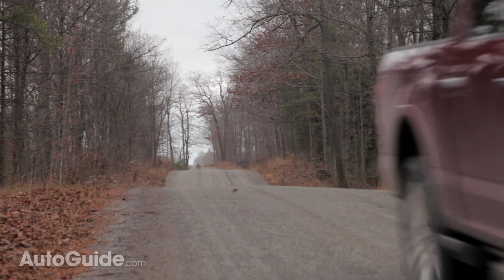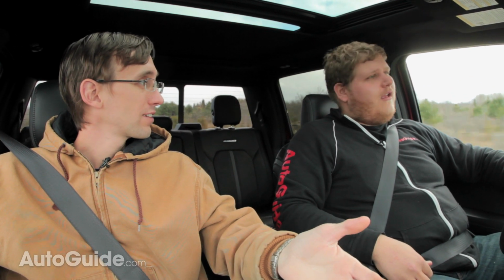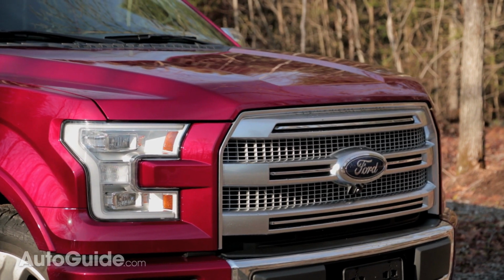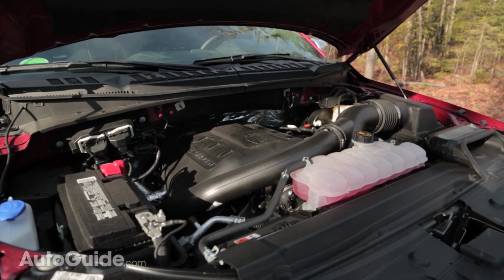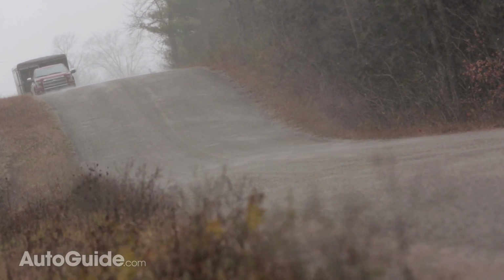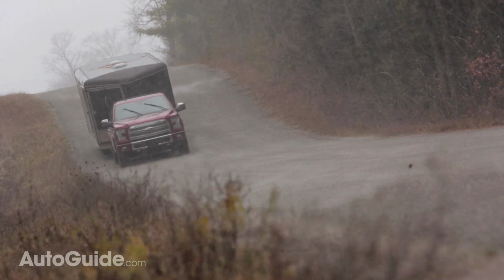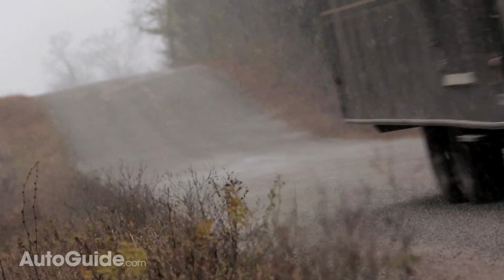Absolutely, and of course, a lot of that is owed to the EcoBoost engine under the hood. We've got that 3.5-liter V6. It hauls ass. It absolutely shames the Power Wagon's 6.4-liter V8. Towing, loaded, unloaded, doesn't matter. This thing hauls. Yeah, and with that weight on the back, it doesn't even breathe hard. That's my favorite thing about it. You don't even feel like you're working it because it just gets that grunt out in those low RPMs,